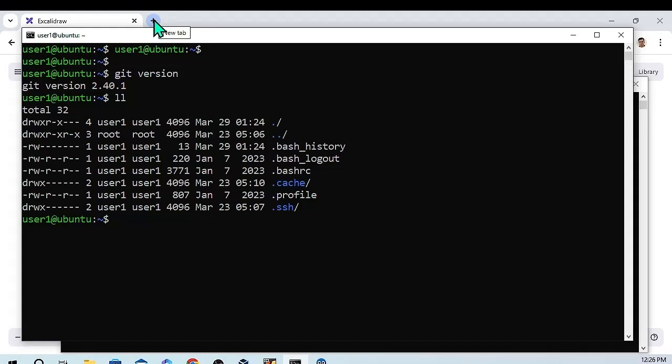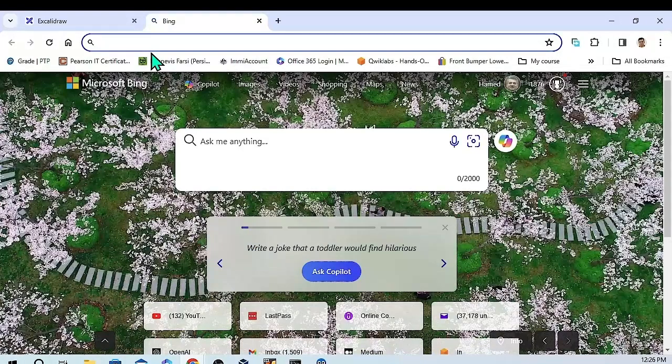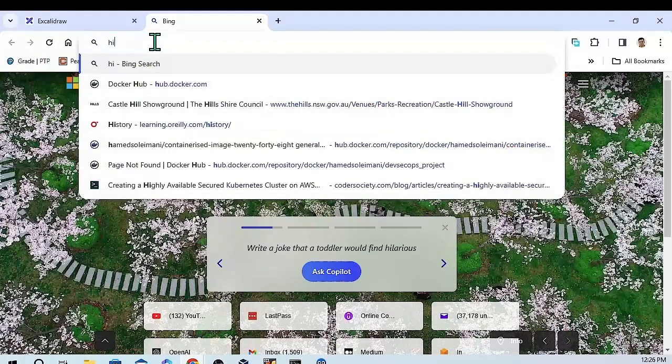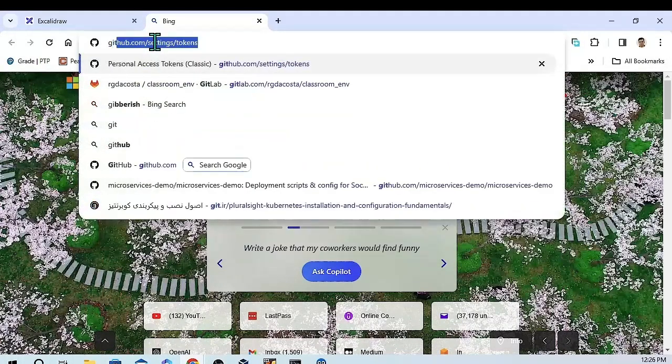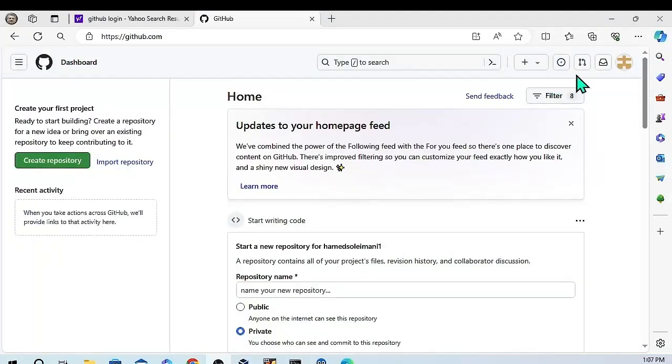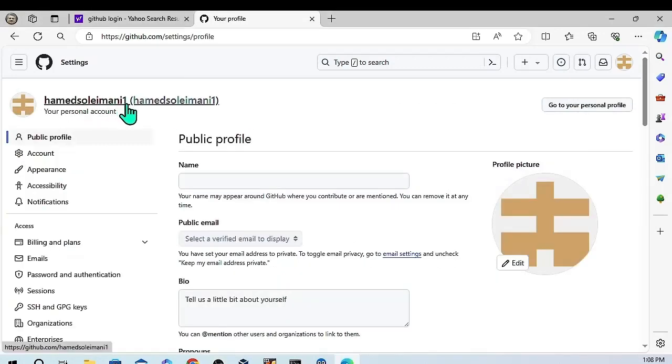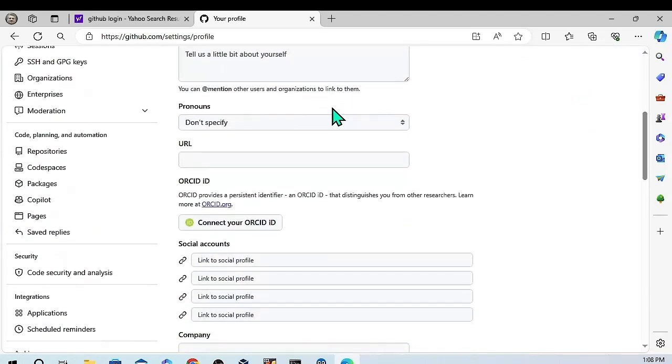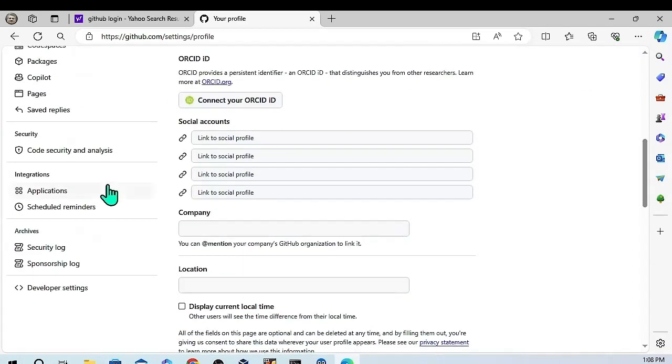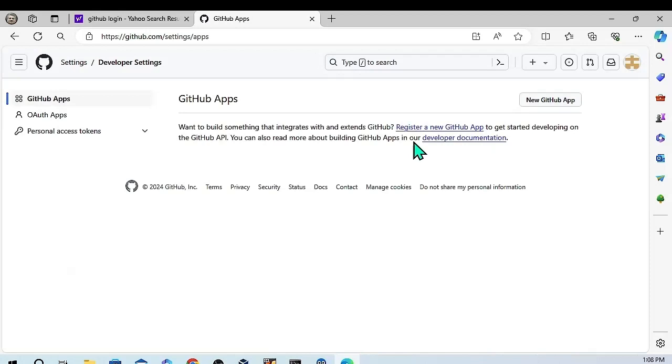Okay, let's get back to my private repository on GitHub. So let me get into my GitHub account. Could get into my account since I haven't used it for a long time. So there was a bit of password reset and stuff that I had to do. So imagine Hamed.Soleimani, one is user one, okay? So if he is user one, I want to get developer access to my account, want to build something,